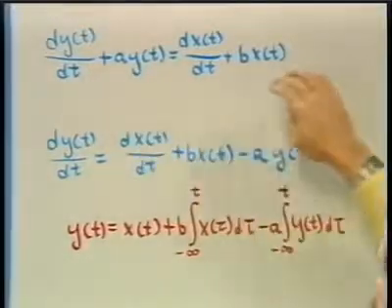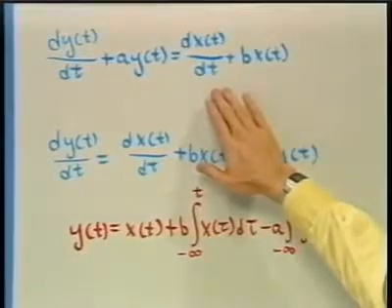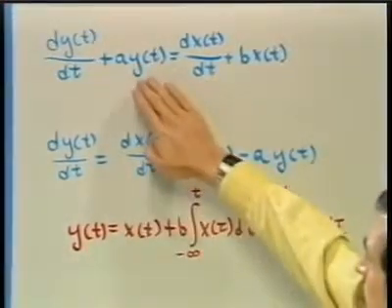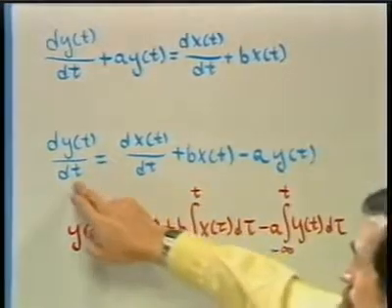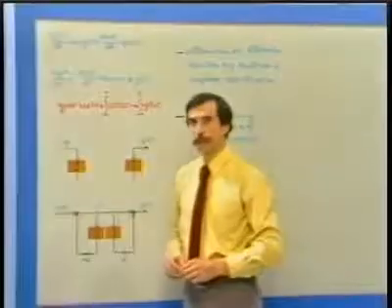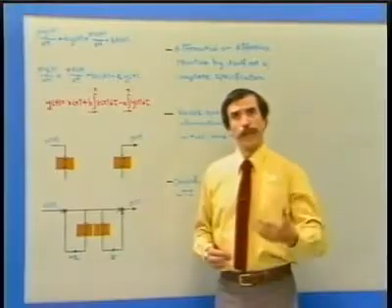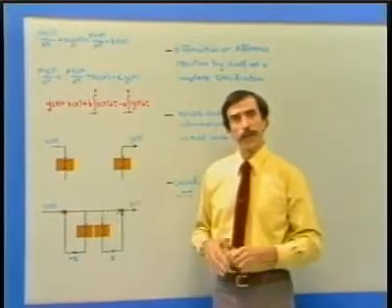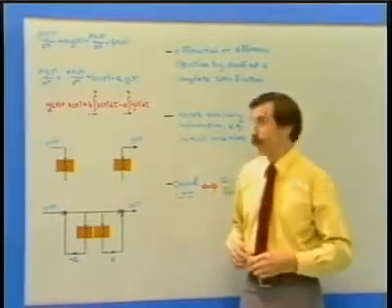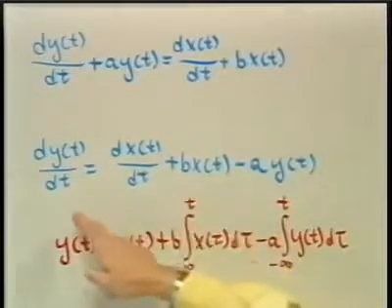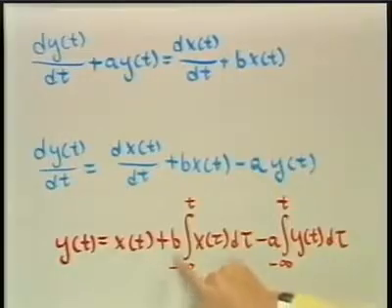And I have terms on the left side and terms on the right side. And with the differential equation, let's consider taking all the terms over to the right side of the equation, except for the highest derivative in the output. Next, we integrate both sides of the equation so that when we're done, we end up with, on the left side of the equation, y of t, on the right side of the equation with the appropriate number of integrations. And so the integral equation that we'll get is, for this example, y of t, the output, is x of t plus